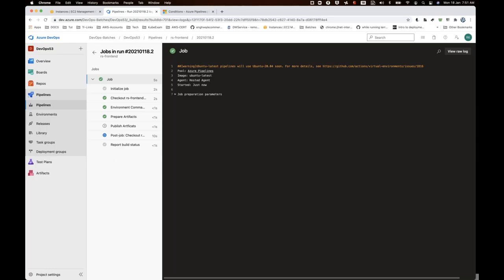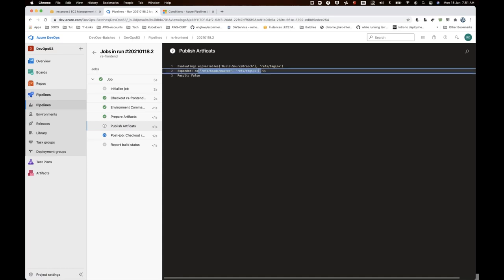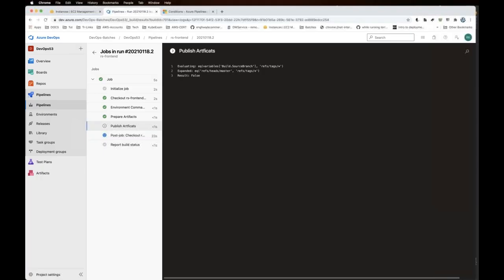Perfect. You see this Publish Artifacts, you click on Publish Artifacts, it is telling that it's not a tag, so that's where it is failing. Okay, now let me go and create a tag. How do you create a tag? You know that, right?